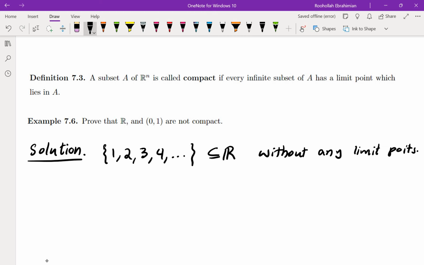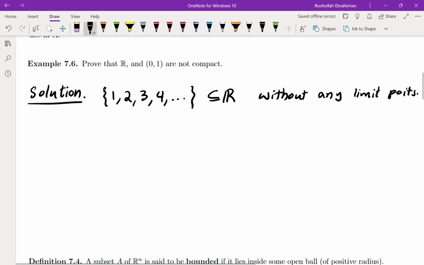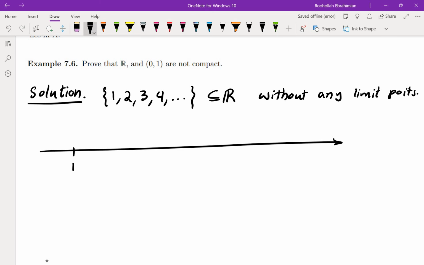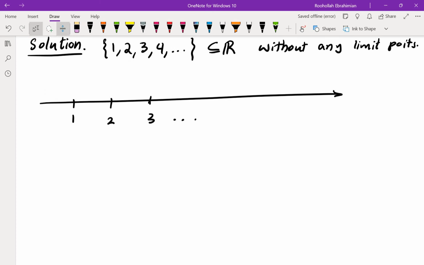Okay, so why is it that there is no limit point for this set? Well, it's not very difficult to see, because if you take a point, so it's 1, 2, 3, etc. If x is in R but is not an integer, then choose